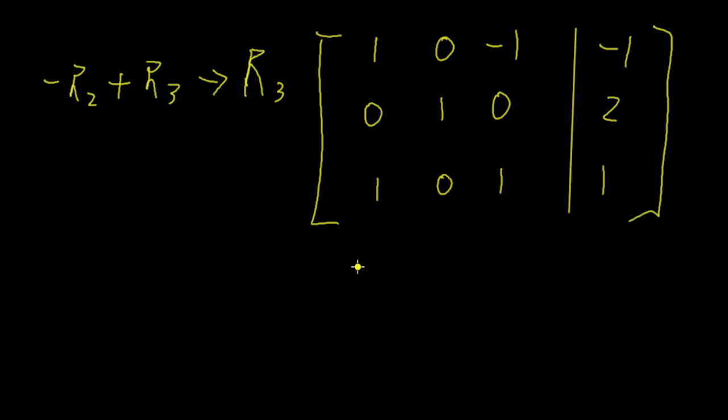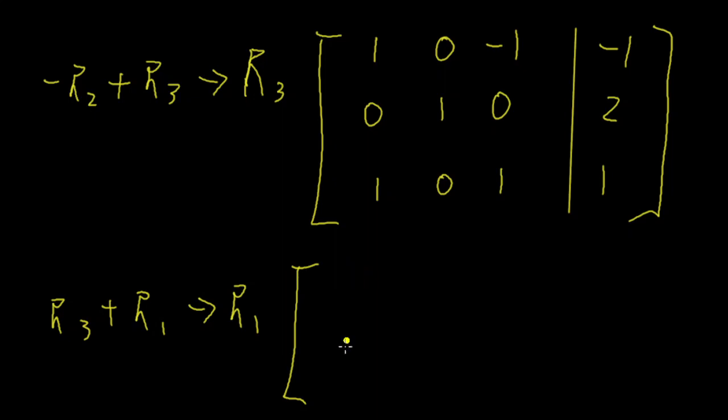Okay, so now we're getting closer. We have 1, 1, 1 here, diagonally. Let's get rid of the negative 1 and the 1 here. So what can I do? I can get rid of this negative 1 by just adding row 3 to this. But this will make it 2. That's no problem, because when I have 0, 0 here, to get rid of this 2, all I need to do is multiply by 1/2 to become 1. So next thing is row 3 plus row 1, and replace with row 1.